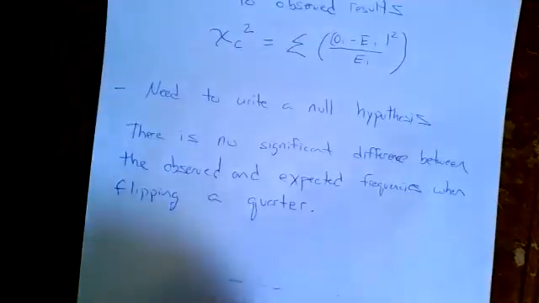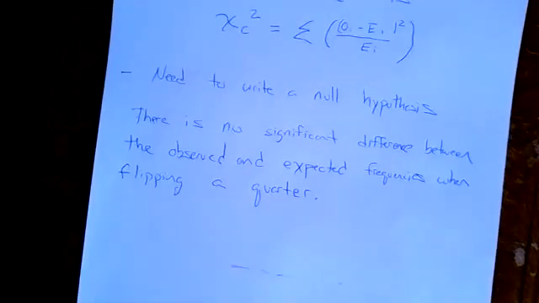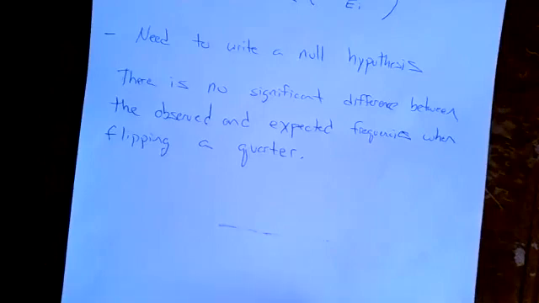He also did the six-sided die, but that's actually a more complicated chi-square than we'll have to perform. The chi-square you'll have to perform for your lab is much closer to what this chi-square is of flipping the